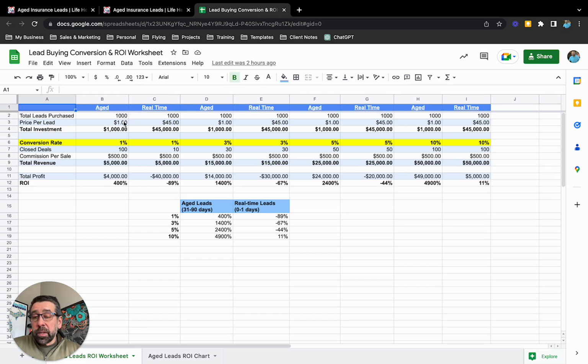So in order to go through this scenario, I say, hey, I want to make about $5,000 every single month. Let's say my commission, again, these are all your assumptions, so you can put in your real numbers here. Let's say I make $500 on an appointment or an install, scheduled install, whatever that might be. Put that in there, and so then I figure out, hey, in order to make this per month, and I'm getting this commission, then that means I need to close 100 deals, right? Obviously, this math changes significantly depending on,